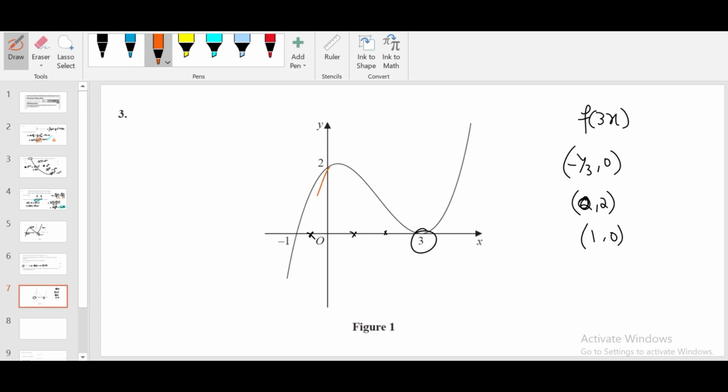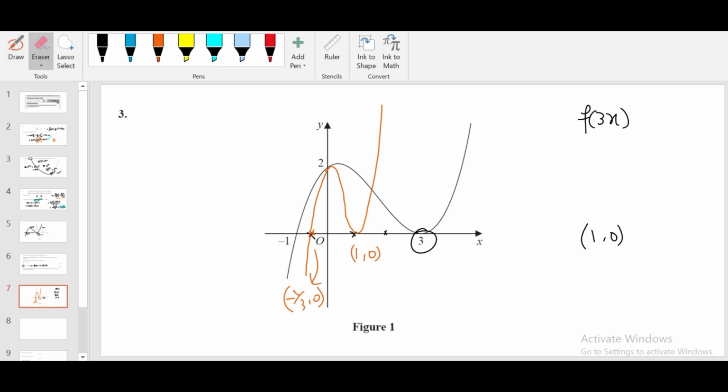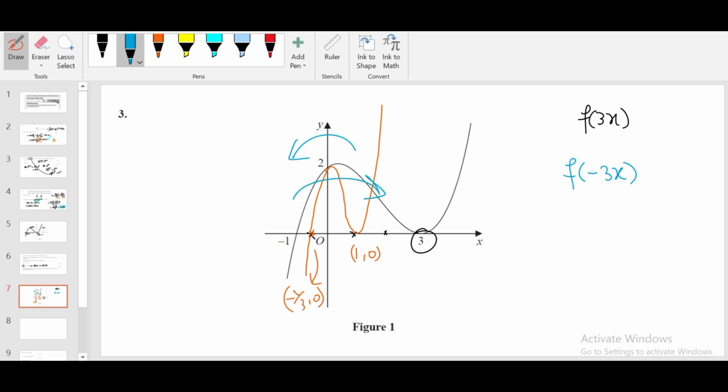So the graph will be like this. This is 1, 0. This point is basically minus 1 over 3 comma 0. That's f of 3x. Now to sketch f of minus 3x, you have to flip the graph this way over the y-axis. So when you flip it, you're going to get